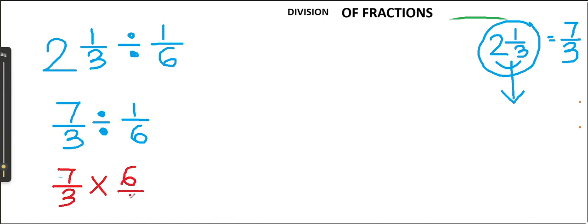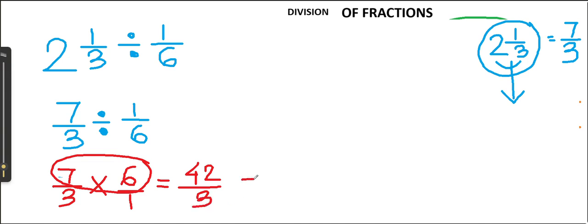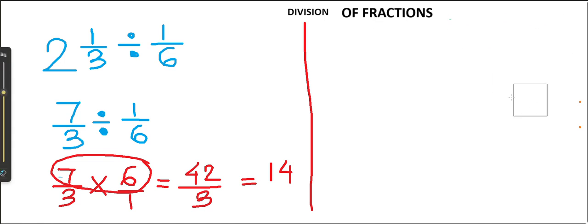Multiplied by 6/1. Now we have to check whether the numbers are divisible with each other, or you can simply write the answer by multiplying the numerators, which is equal to 42, and 3 times 1 is equal to 3, so the answer would be 14. 42 divided by 3 is equal to 14. Or if you want to do simplification within the question itself, it would be